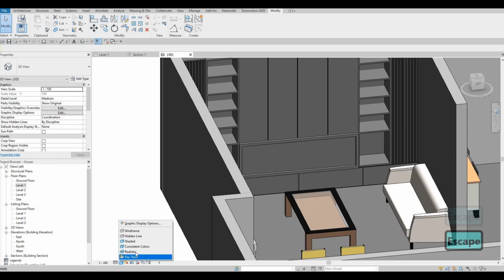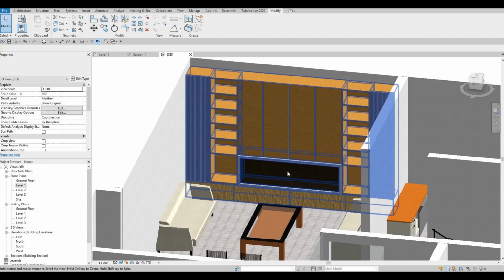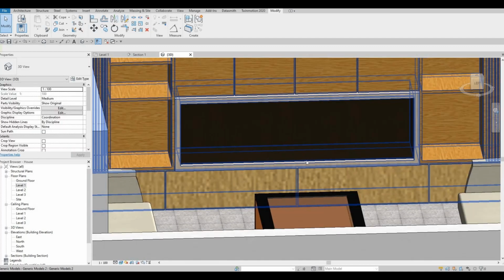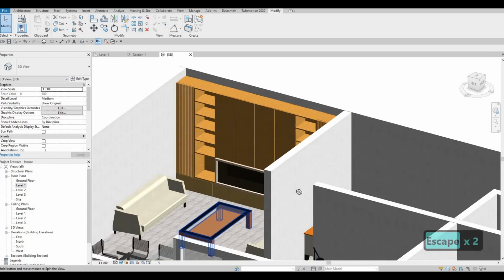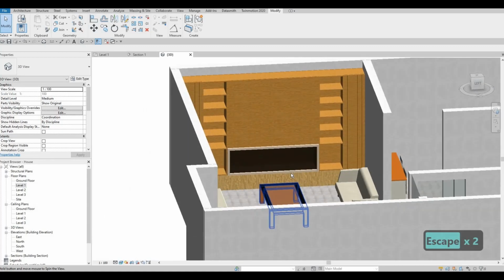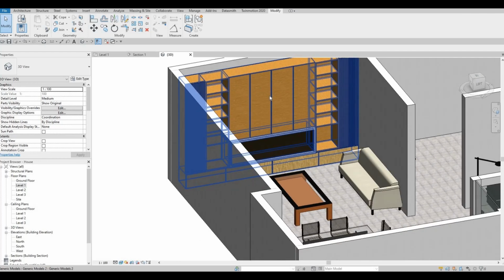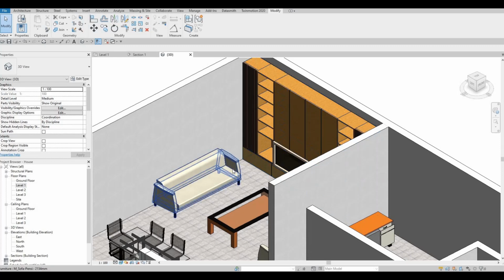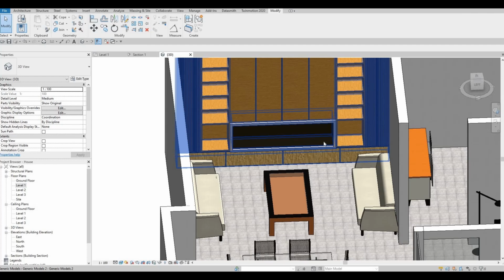And if we want to see it much better, we could use realistic. And as you can see, once we have something right here, it will look really nice. So if we have a flame, we're going to add it there. And as you can see, this one is going to look really good once there. We can also put TV right here. So there's a lot of ideas that we could do in order to make this one really nice. So maybe another thing that we could add is like a stone